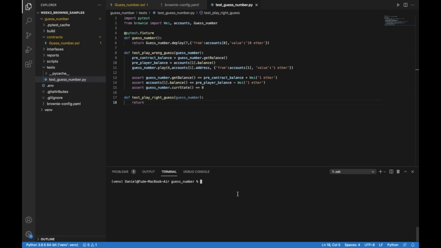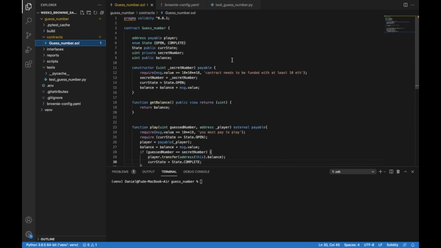Hello guys, this is Daniel and today we are going to continue with the testing of our smart contract, guess the number. So as you remember, we have this smart contract here, which is a guess the number smart contract,